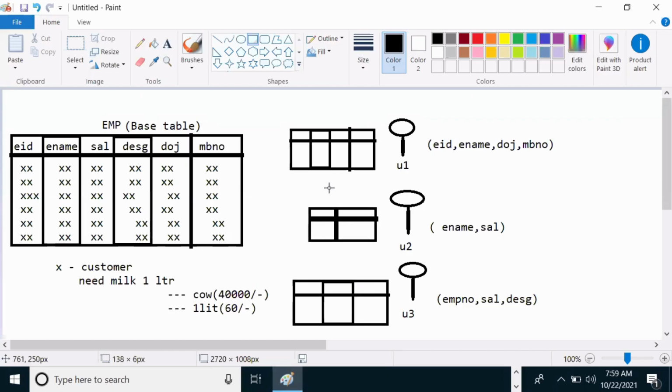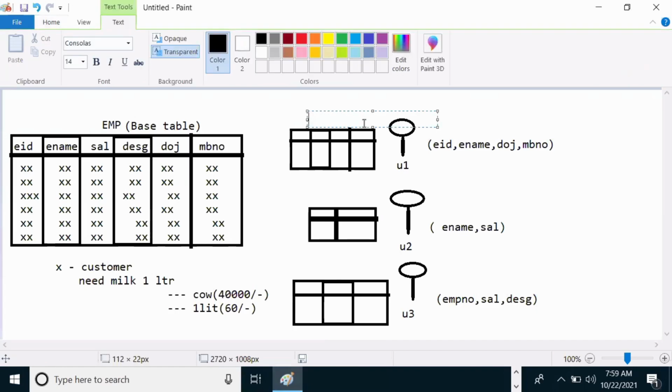Now finally I create view 1, view 2, and view 3. These are the columns they asked for: EID, e-name, date of join, and mobile number.